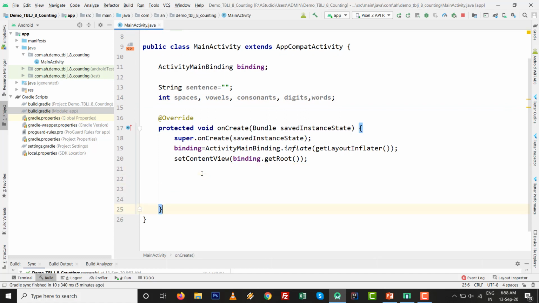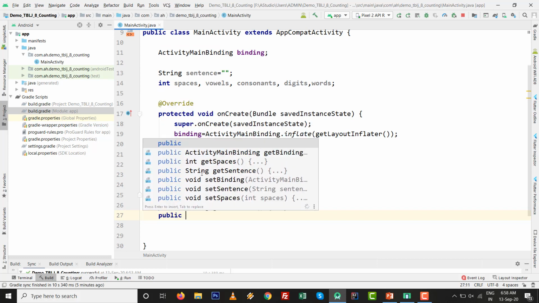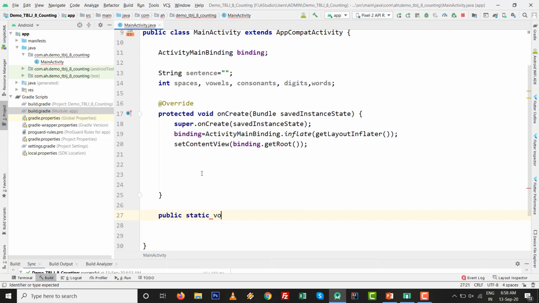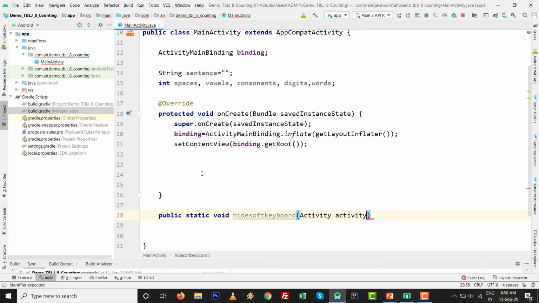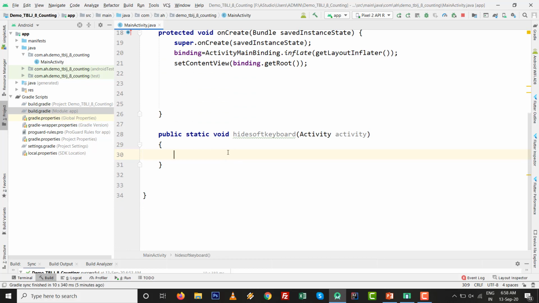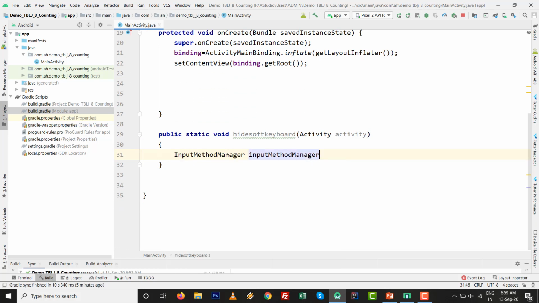So first I want to make one method to hide the keyboard. So public static void hideSoftKeyboard with the activity as a parameter, and we need to write only 2 lines. So InputMethodManager equals to, we need to typecast with this one.